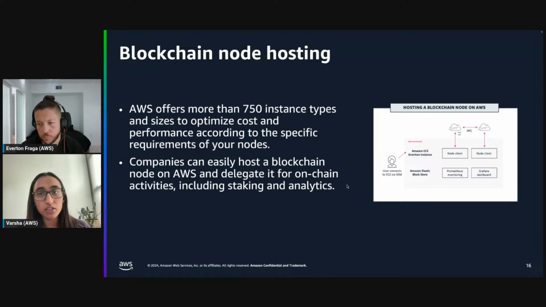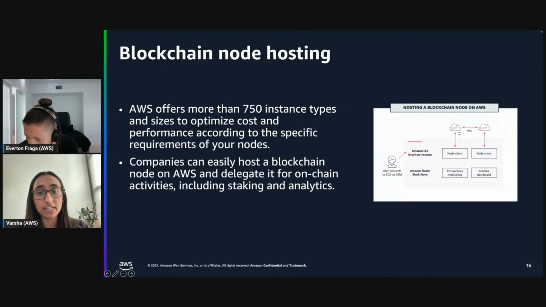By using AWS to host blockchain nodes, you can really benefit from scalability, using auto-scaling groups and application load balancers to help manage demand fluctuations by automatically scaling the number of nodes based on traffic, as Everton mentioned a couple of slides above.